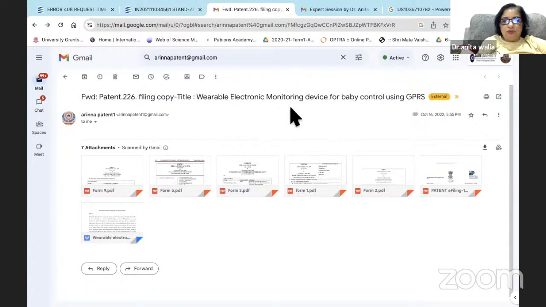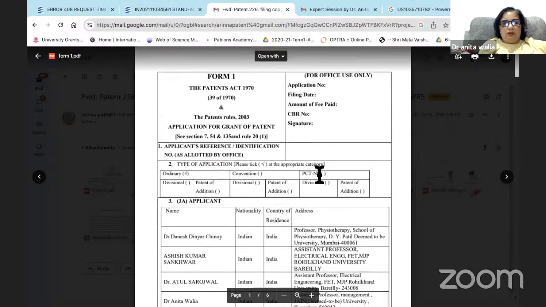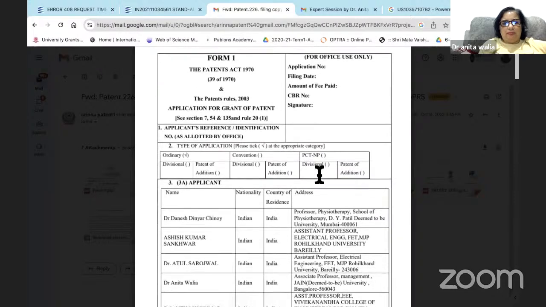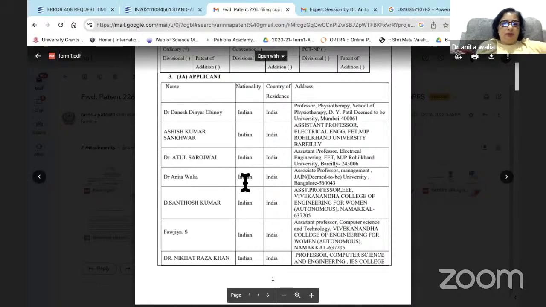I'll just show you. So this is Form 1. This is the application for registration, which can be downloaded from the website.